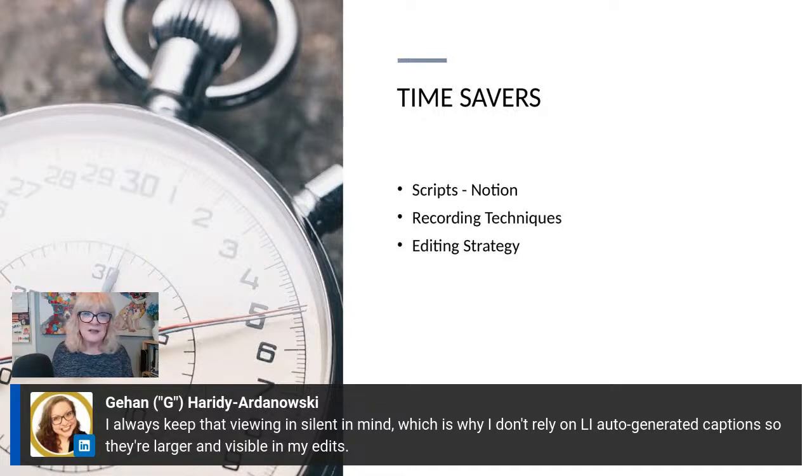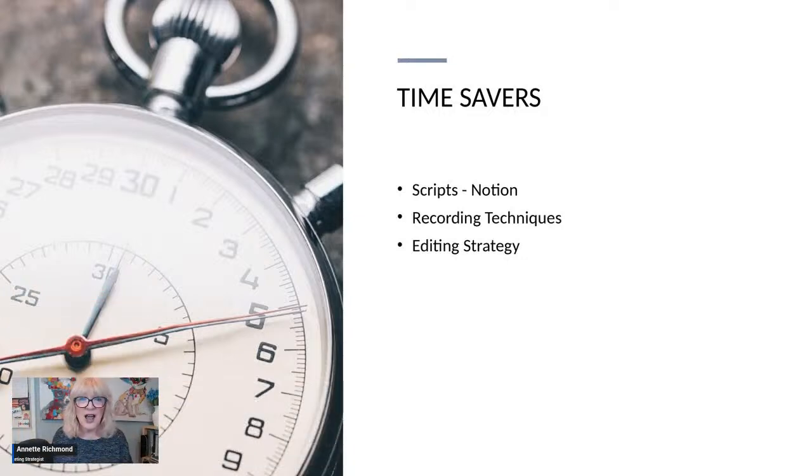There are a variety of different apps that you can use. I use Happy Scribe, which I love because it's a pay as you go, but there are a variety of other ones. Temi is another one that I used to use. Subtitle is another one that I used to use, but those required sort of monthly memberships. And Happy Scribe, which I'm going to show you later, I have my screen set up to take you through some of the apps that I use.